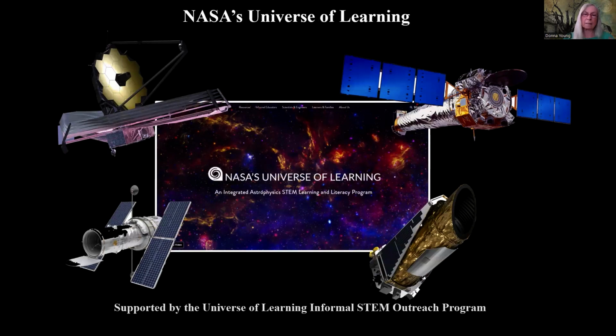The space science events, astronomy, Reach for the Stars, and solar systems are all supported by the Universe of Learning program. It is a unique partnership among the Space Telescope Science Institute in Hubble, the Smithsonian Astrophysical Observatory in Chandra, the Caltech IPAC missions like Spitzer, and the JPL. Each of the partners have their own individual networks for additional partners, and one of Chandra's partners is the National Science Olympiad.